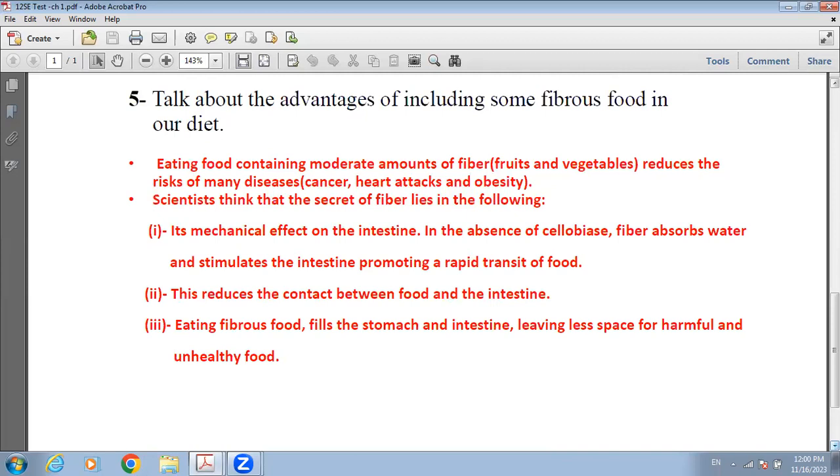Scientists think that the secret of fiber lies in the following. First, its mechanical effect on the intestine. Because we don't have cellobiase, fiber absorbs water and stimulates the intestine, promoting a rapid transit of food. Second, this reduces the contact between food and the intestine. And finally, eating fibrous food fills the stomach and the intestine, leaving less space for harmful and unhealthy